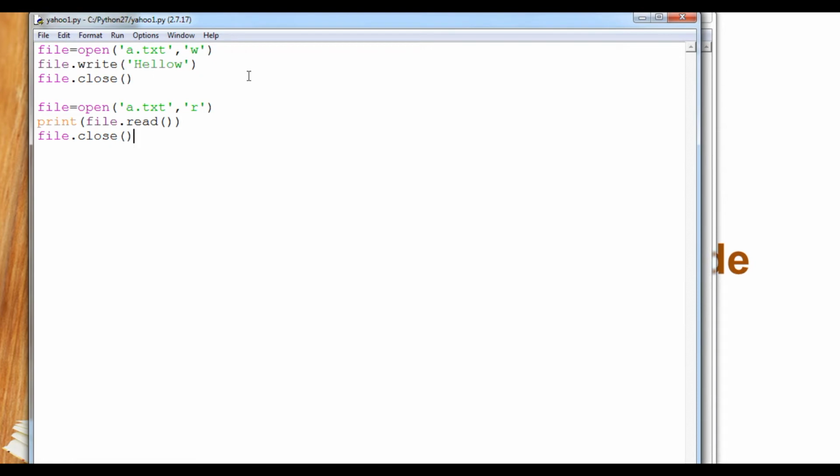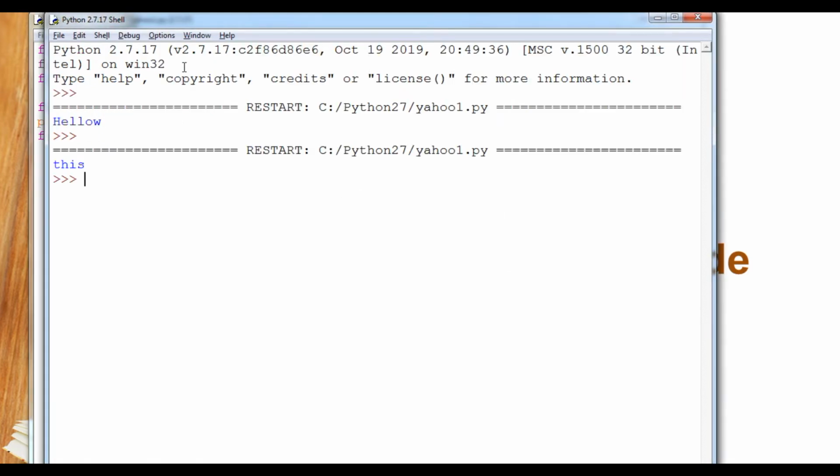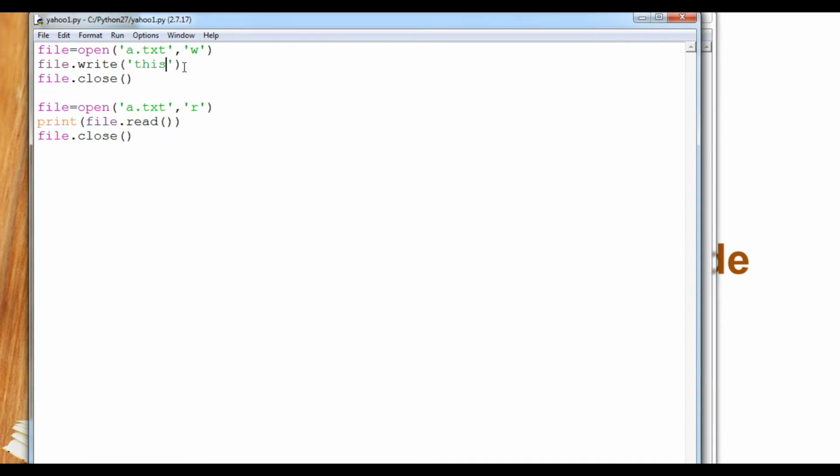Now if I create this file again with this, you can see hello is replaced by this. Why? Because as I explained, W mode, I mean writing mode, will erase the earlier content of a file and create a new fresh file.